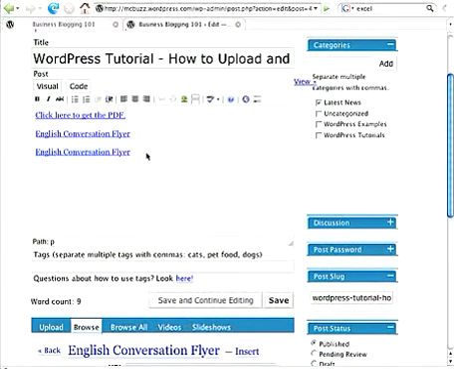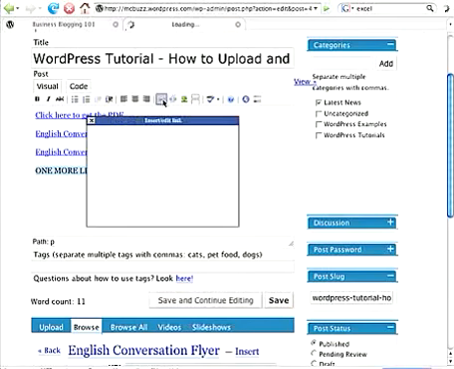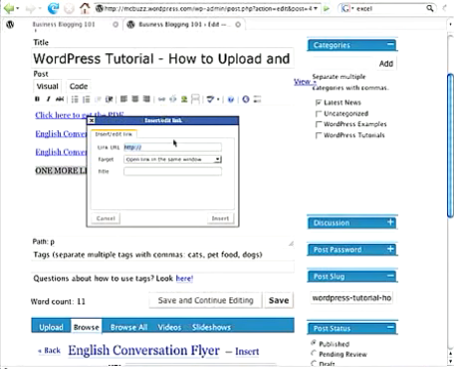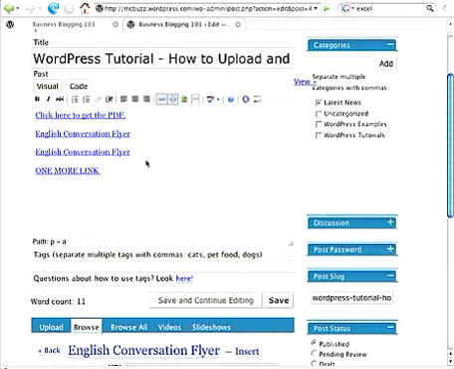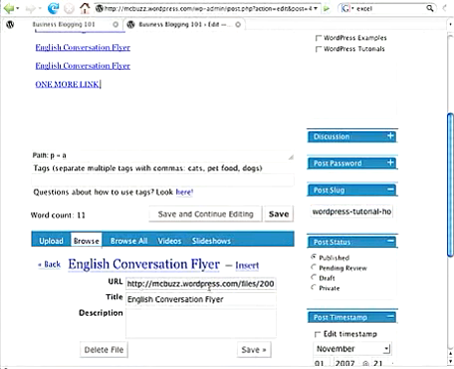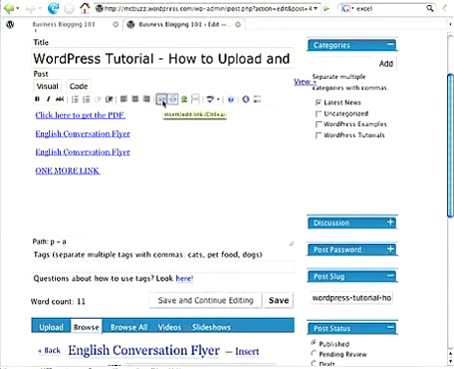come back up here. One more link. I can type whatever text I want or select whatever text I want, hit the insert link button, Command or Control V to paste that whole URL into the link URL window, title, whatever I want to put in there. Insert. So now you've seen two ways that you can upload a PDF, or we can do the same with any other document, any other Microsoft Word, Excel, PowerPoint. Upload those files, and then you've got the URL to work with. You can insert it or grab the URL out of this and apply it using the link button to any text that you want. I'm going to save that real quick,